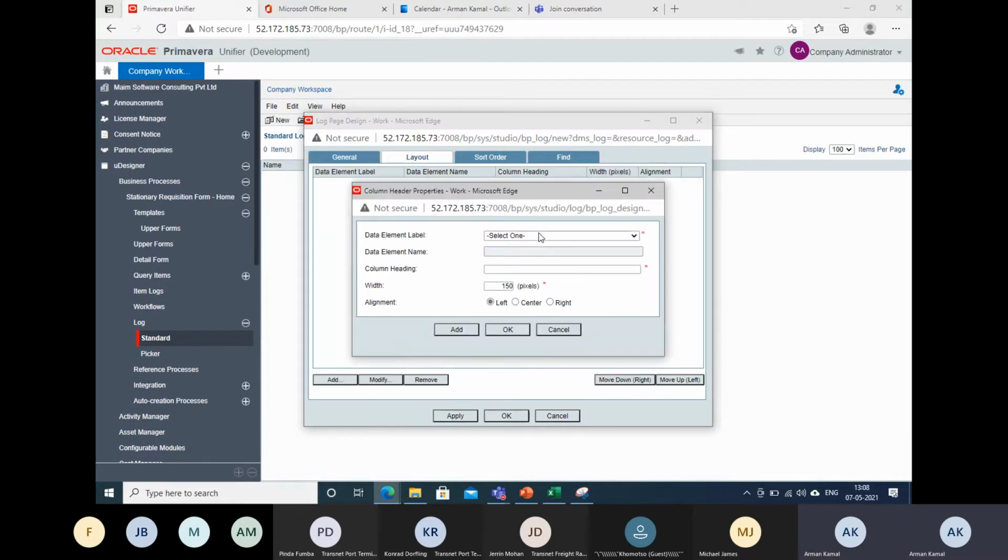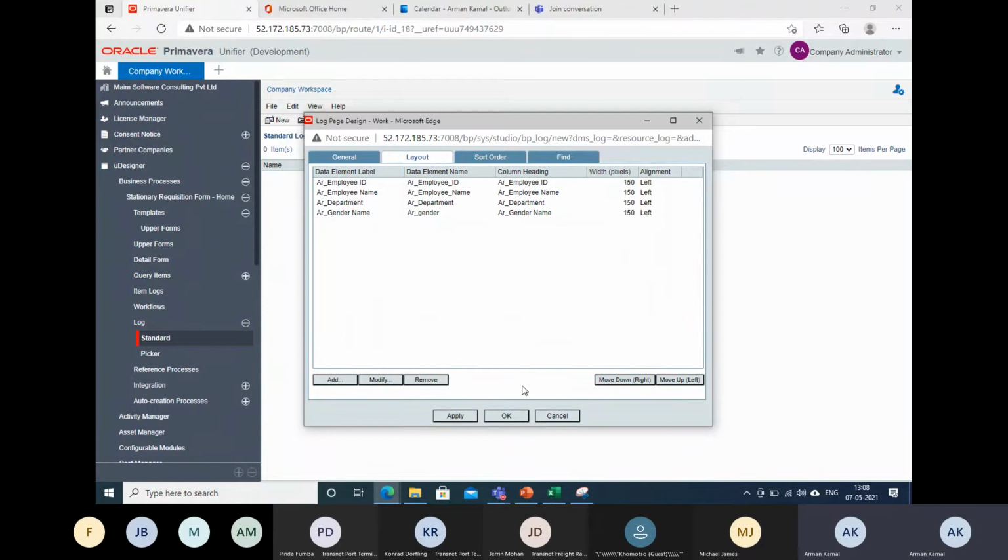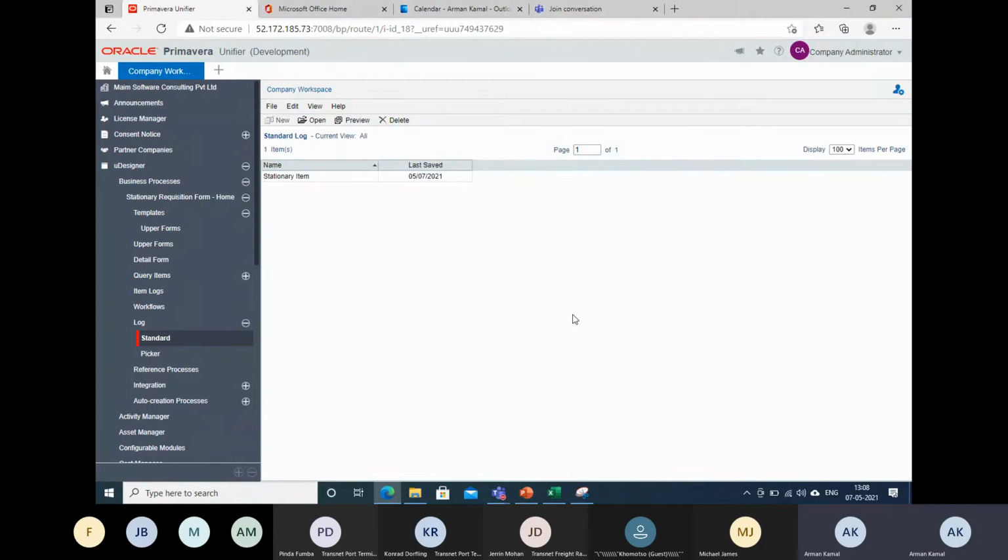I will add in the layout what the items are. Let me add employee ID. I need to add employee name. This is the log I wanted to see. Department. It is something which is very important. Gender. I will click OK and I will click OK. So my log is also defined.